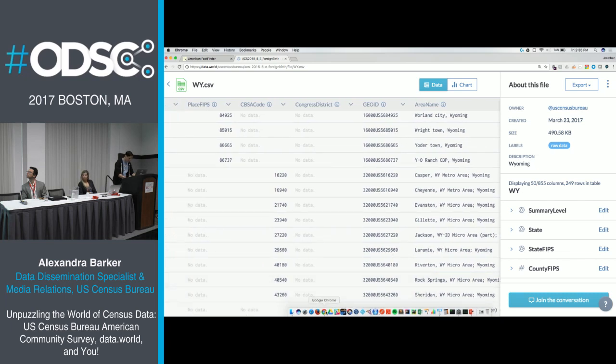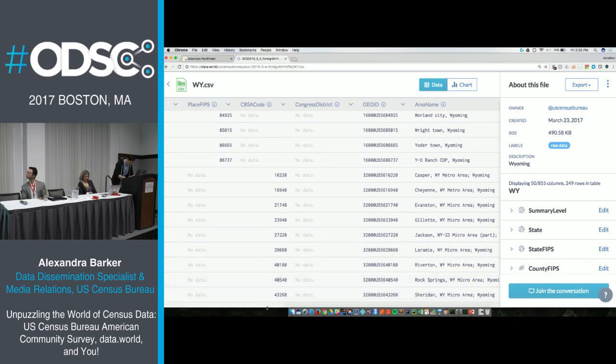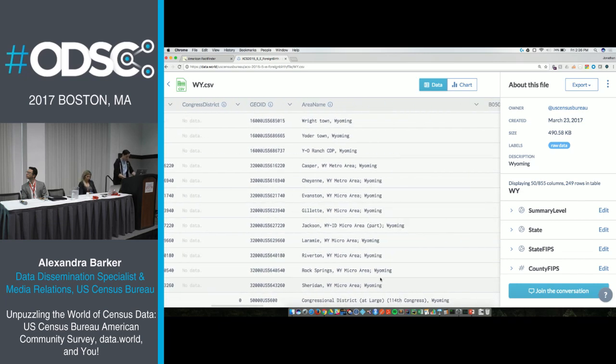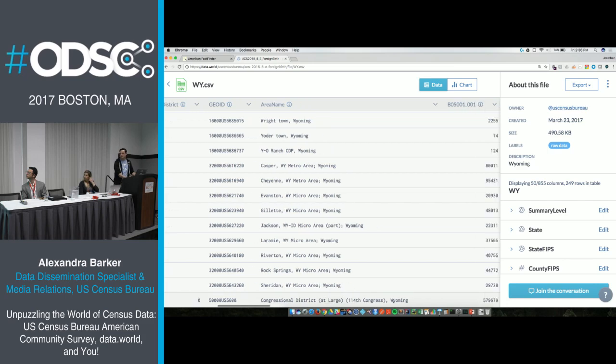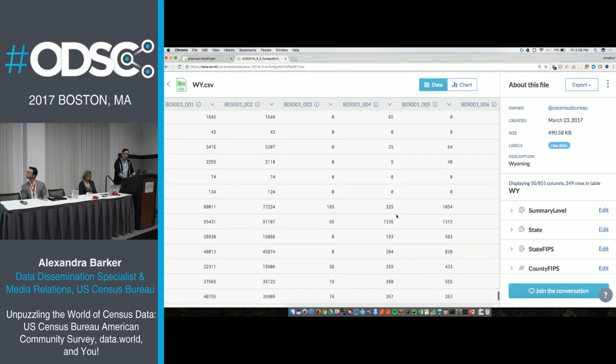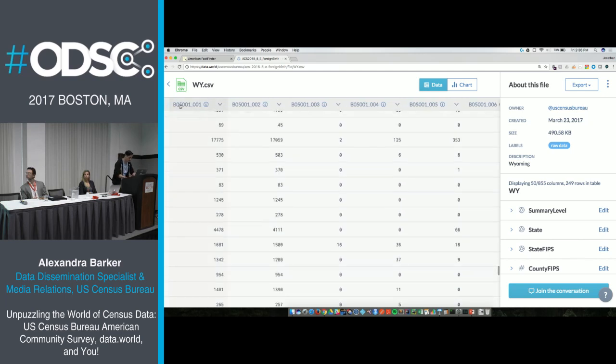And then all the way down at the bottom, which you can't see because I'm covering it, there we go, is the congressional district. There's only one congressional district in Wyoming. Okay, and then the data, those are the geocodes. When you get the summary files straight from the census, all the files are stored just with the data itself, with no geocodes and no metadata at all. So I wrote an assembler program to do that for the user and hosted these here.